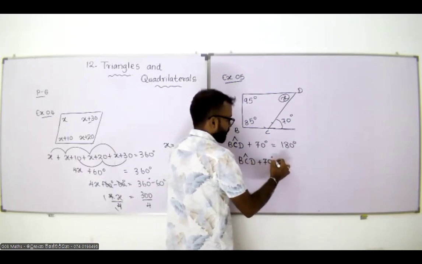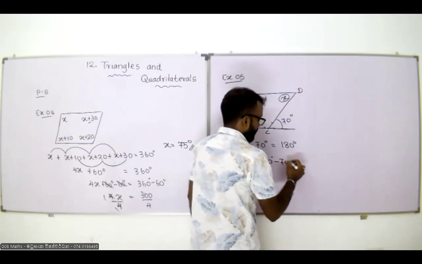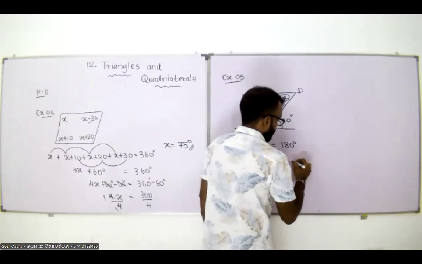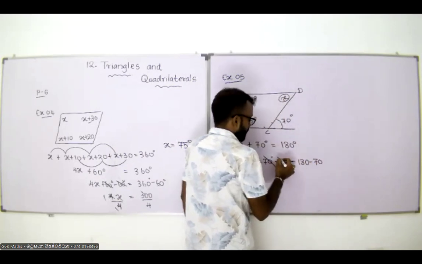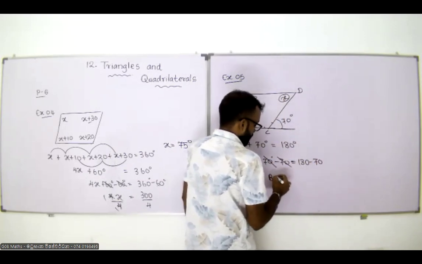BCD angle plus 70, minus 70. That means you are going to do the opposite on both sides. Minus 70, 70 and 70 cancel out. BCD angle will be equal to